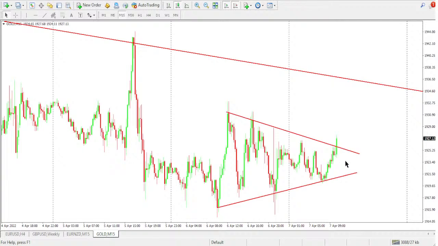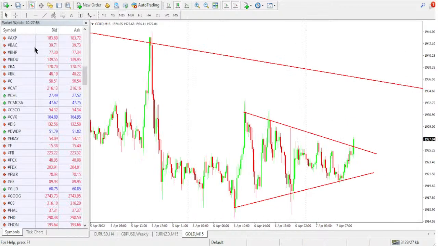So if for some reason the price can close above this level here, then that will be a good sign that now we are continuing to the upper side, which means the direction we take after the candle close depends on how this candle itself closes. If it closes above this trend line, that will mean we are now continuing to the upper side. If it closes below this line, then that would mean we are now sellers back to this trend line here. The next instrument